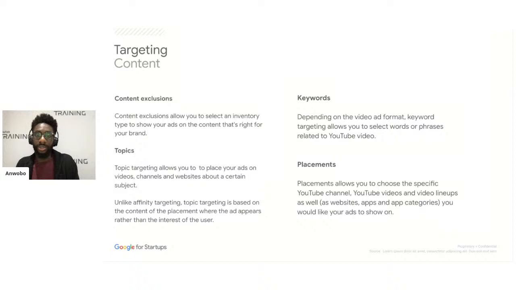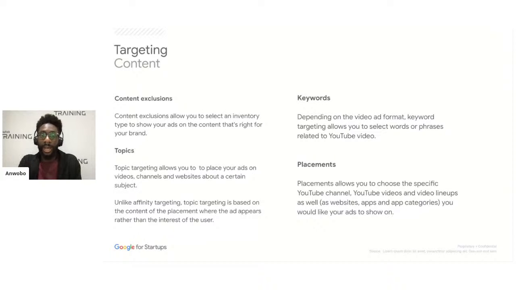And content exclusions basically allow us to select an inventory type to show our ads to. Basically, what Google has done, they've created 3 different types of inventory. There's expanded, standard, and limited inventory types. And we have the ability to choose where we want our ads shown.